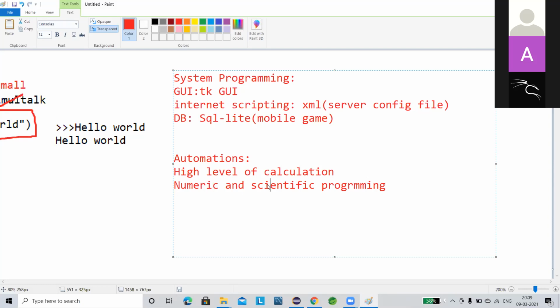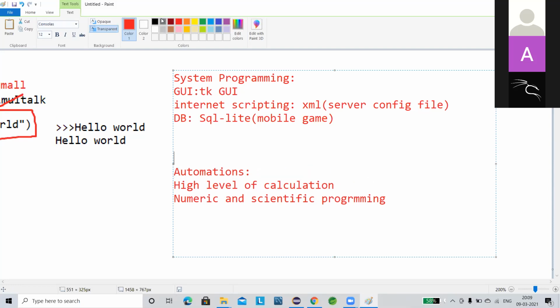Numeric programming and scientific programming, what is the difference between this programming and normal programming? I told you, don't worry. But the automation, high level calculation, numeric scientific programming, next is your numeric architecture. That's all. This whole structure came under one topic.